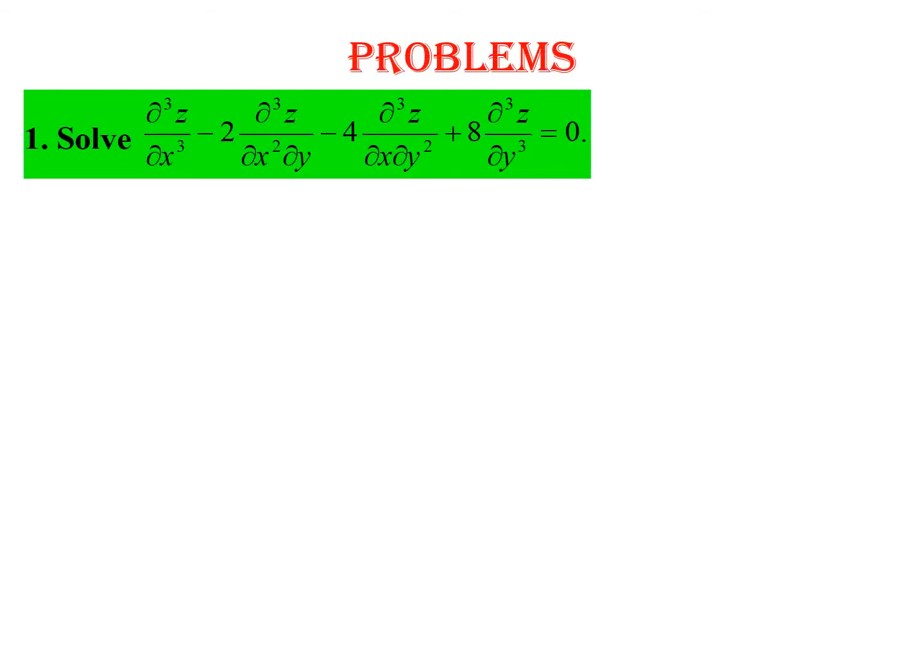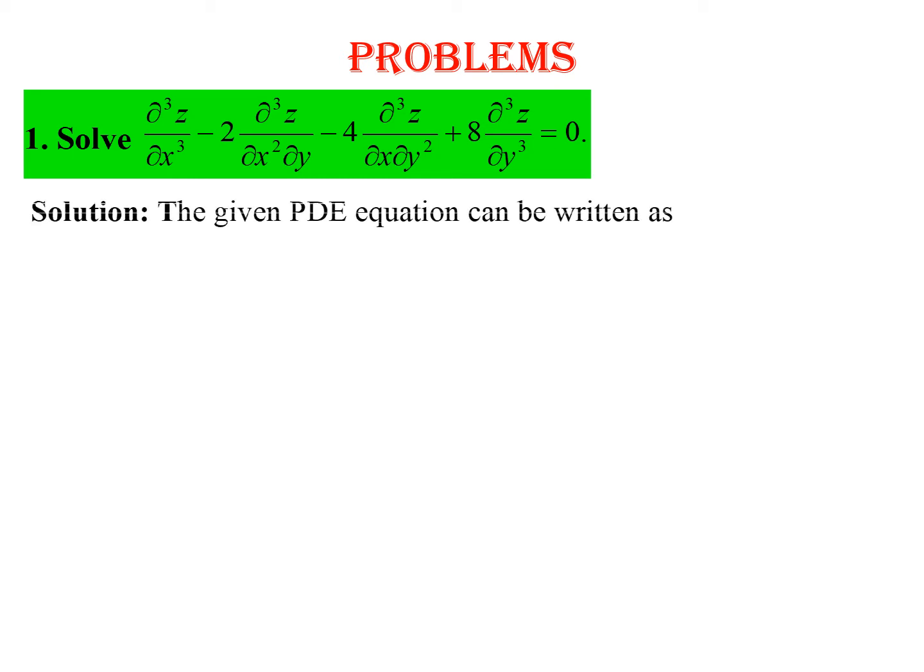Let us start doing problems. The first one, you have to solve this PDE. Now look at the PDE. Each term is of order 3. So since every term is a third order derivative, it's a homogeneous PDE which can be rewritten as